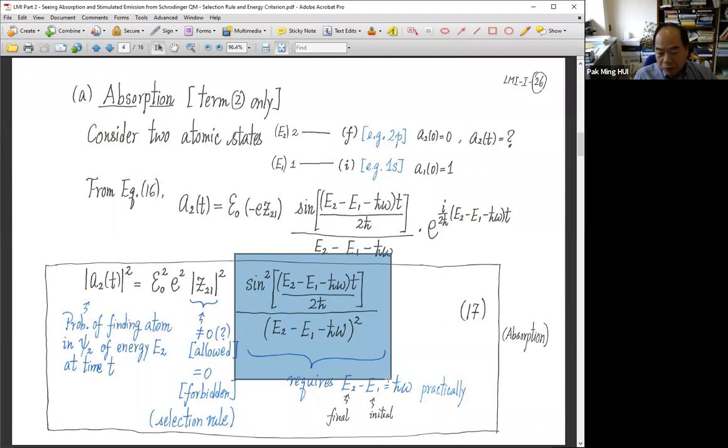Now, this function looks rather complicated, but I hope that you know, for example, sine x over x, when x goes to 0 is something, okay, it's 1. Okay, I hope that you know that, okay? So if you know that, then you are on the right track. It is complicated in the following sense. You can see this as a function of different variables. For example, if I call this function f,